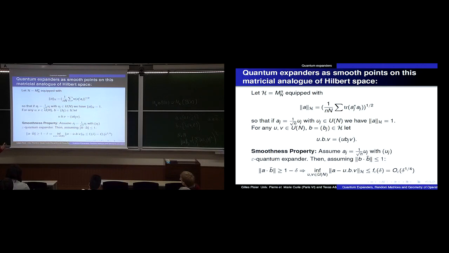So the whole geometry is now done accepting this idea. But we have the ordinary Hilbert space script h that plays a role, which is just given by this norm, the usual Hilbert space norm, normalized by little n times capital N in order to be sure that if I have unitaries,